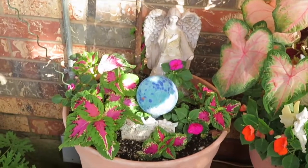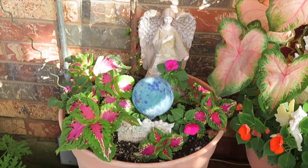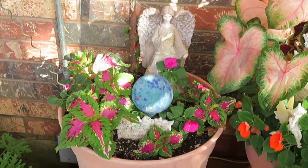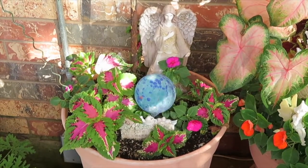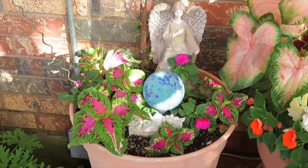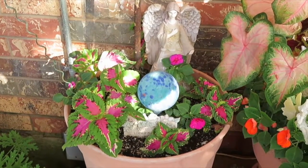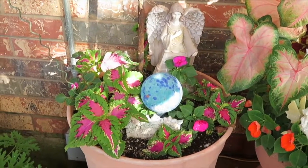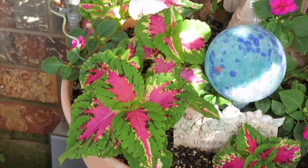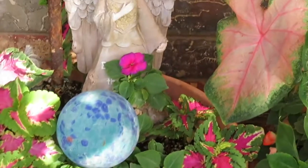This is called watermelon coleus. Sometimes it's called rose coleus, but it's bright, and yet it's kind of like having a light on. It's not such a dark color that it fades out in the shade, but it has this pretty bright color to it. And I always love to put it with this same color, or this, I think this